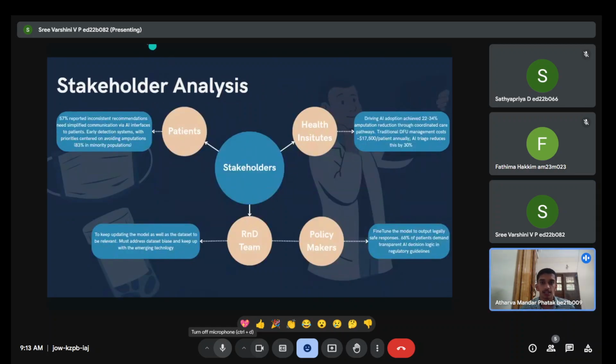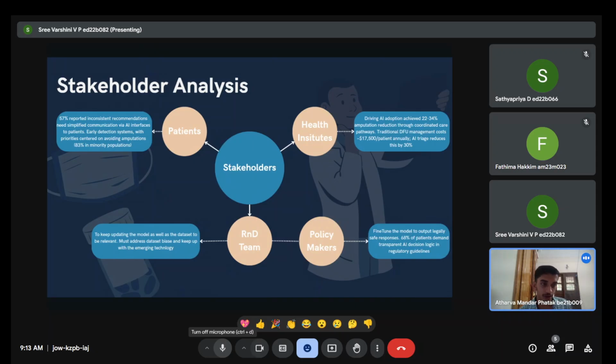So coming to the stakeholder analysis, patients of course are the main thing that we are targeting. Apart from that, we also feel that health institutes, various doctors and clinicians can also use it to understand about the patients itself. An important thing that we have added is the R&D team and the policy making team, because